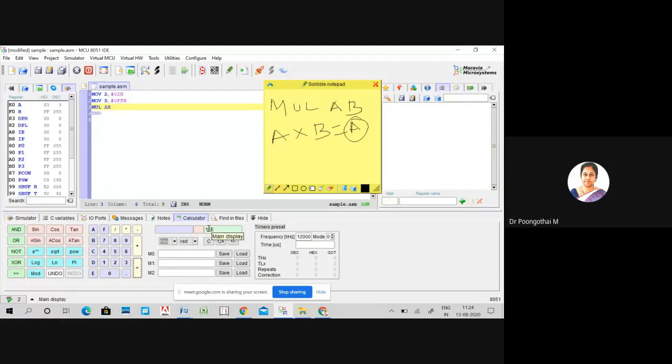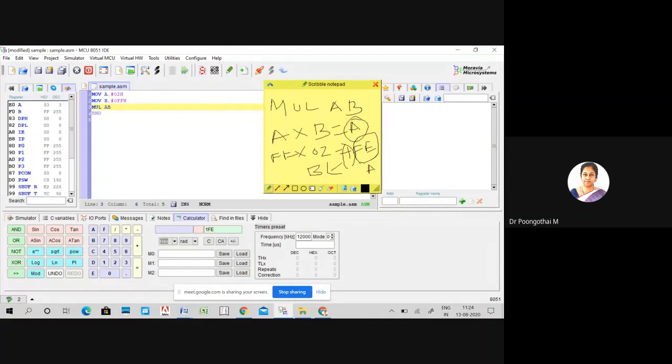So multiplying FF into 02 is equal to 1FE. After the multiplication, this FE, your lower order bits, your LSB, will be held by the accumulator, and the MSB, this one, will be held by the B register.